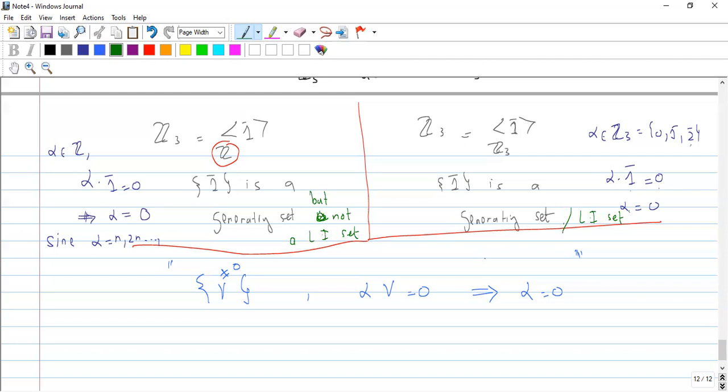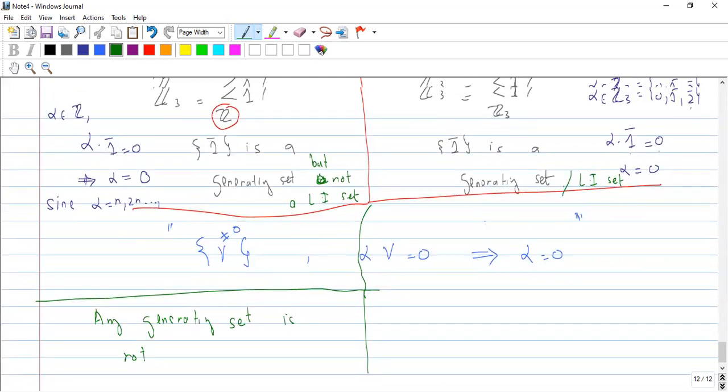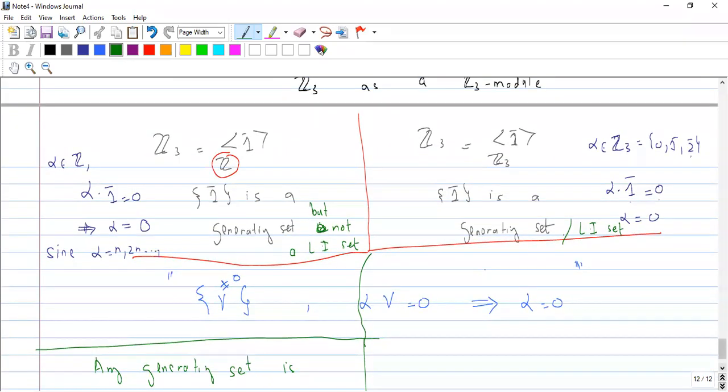In fact, whenever you will take any generating set of Z3 as a Z module, in fact, जब कभी भी आप यहाँ पे बात कह सकते हैं that in this case any generating set is not a linearly independent set, बिकॉज आप जब भी कोई जनरेटिंग सेट लेंगे आप उसको n से मल्टीप्लाई करेंगे, आंसर क्या आ जाएगा, 0 आ जाएगा। तो कभी भी लीनियर इंडिपेंडेंट नहीं हो सकता। इनफैक्ट एनी जनरेटिंग सेट in this case, in fact, if we consider Zn as a Z module,